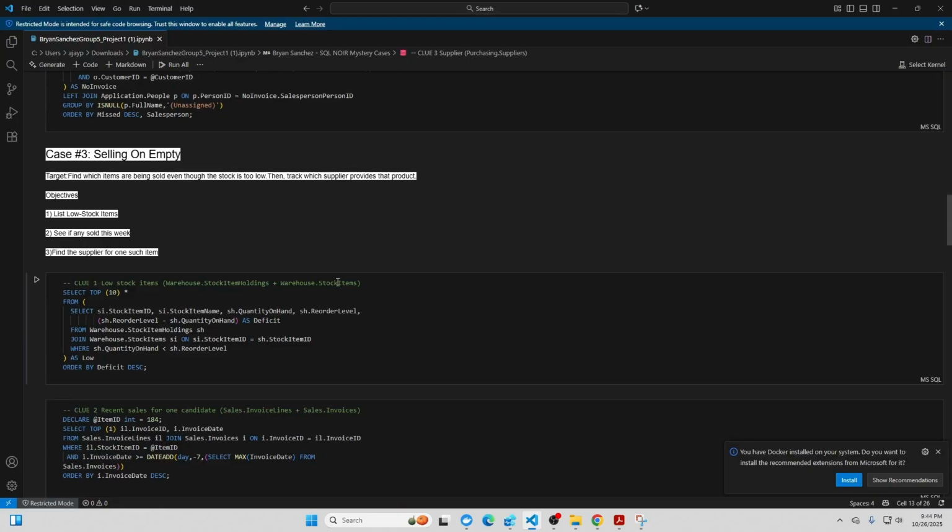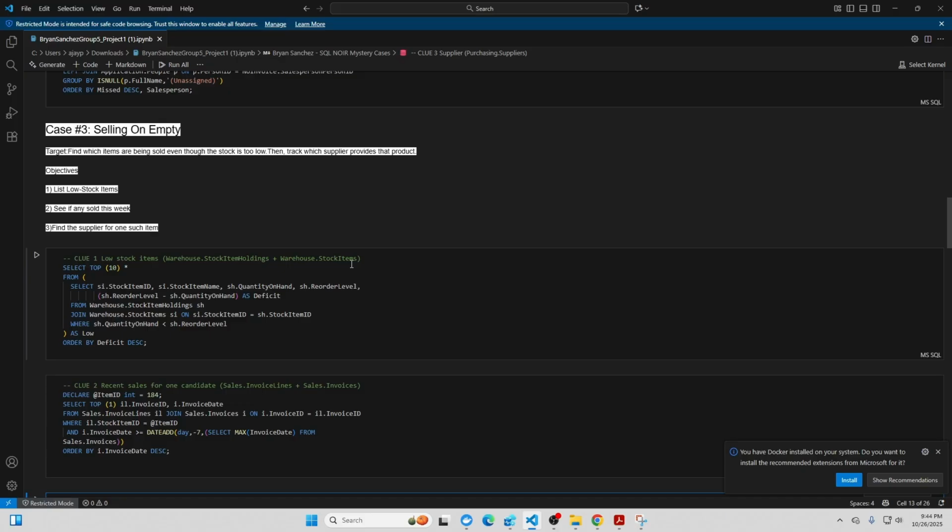Then I joined that to add product names to every ID. Then I created a calculation of the quantity on hand and the reorder level, and the difference between those numbers